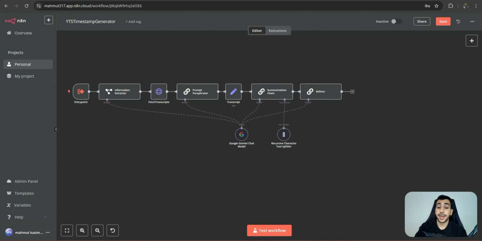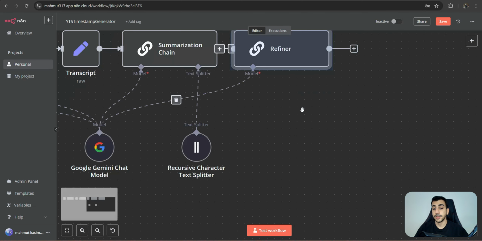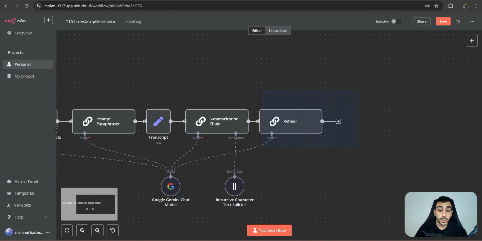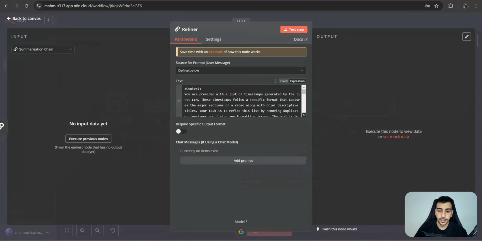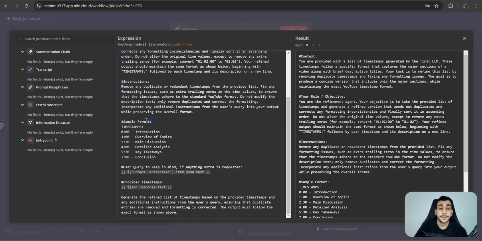All right, now we have everything ready. The only thing we'll have to do at this point as a final step is to refine the generated timestamps, right? And that's what this refiner is going to be doing. So let's take a look at what it actually does. We can see that it has, again, the context, its role and instructions. And then I even passed it a sample format in this case. And user query to keep in